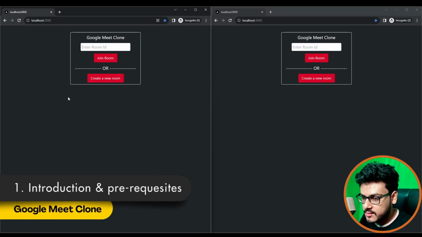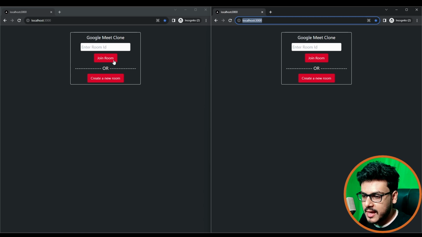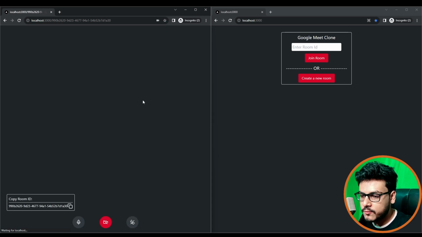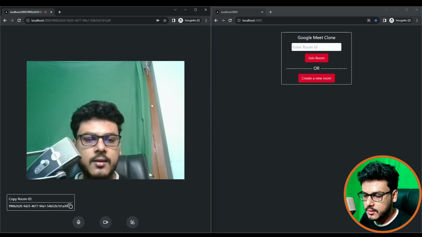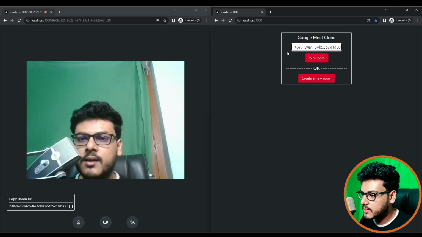So I have started the servers and I have opened my localhost 3000 on two separate tabs. And you can see that we have two options. One is to join a room by entering a room ID, or you can create a new room for you. Okay, so let us assume that I am the initiator, so I just create a new room for myself. Okay, and let me just copy this and enter the room ID again, and I say join room,